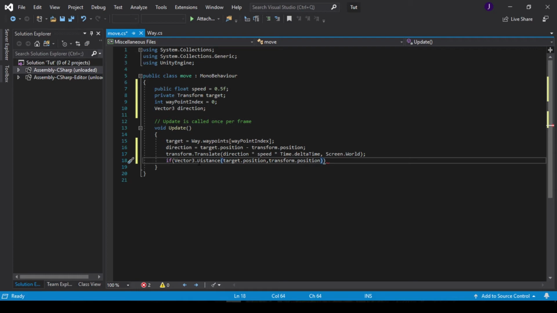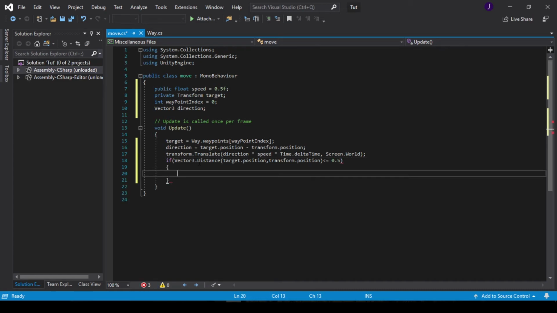So if this is less than or equal to 0.5, then what we want to do is increment our waypoint index. So our waypoint index, we want to add this by 1,